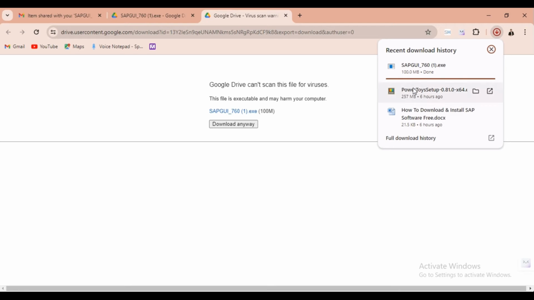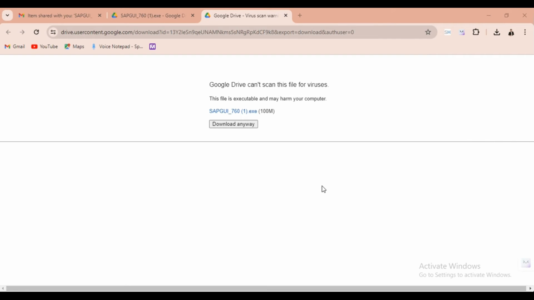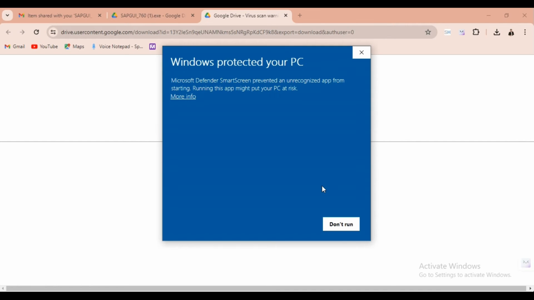Once it's downloaded, just double click on it. And here you can see again a notification will come: Windows protected your PC, Microsoft Defender SmartScreen prevented an unrecognized app from starting, and running this app might put your PC at risk.